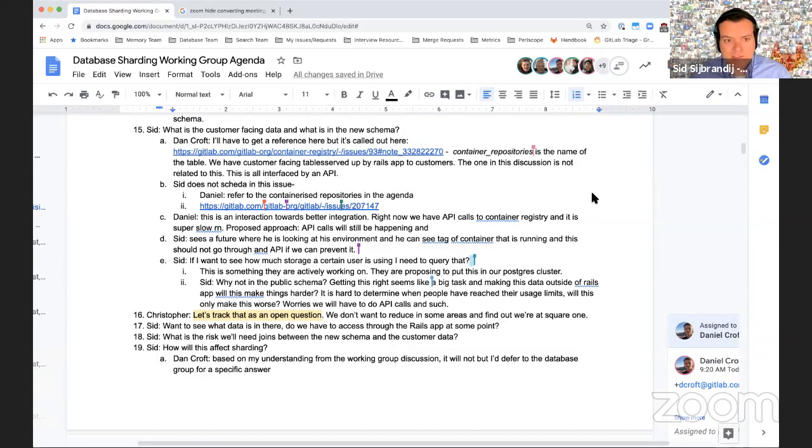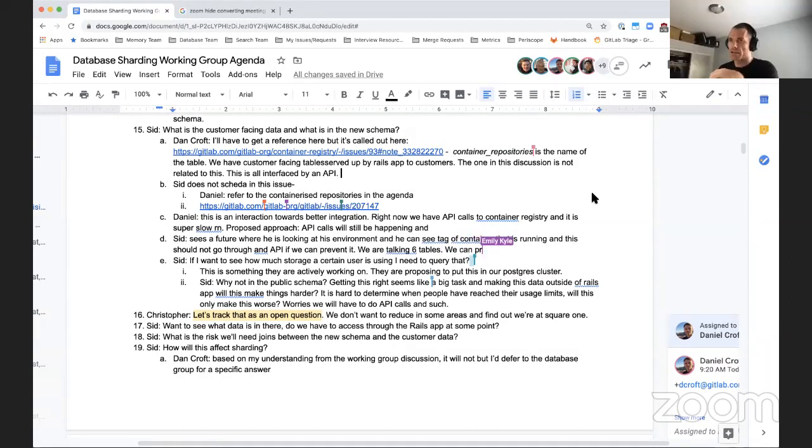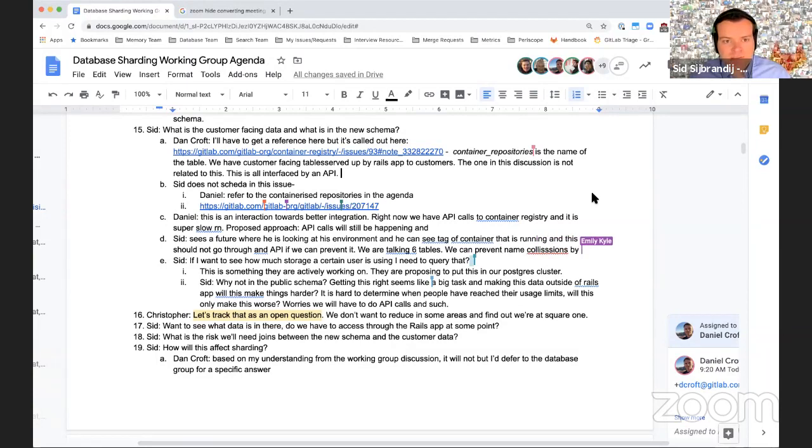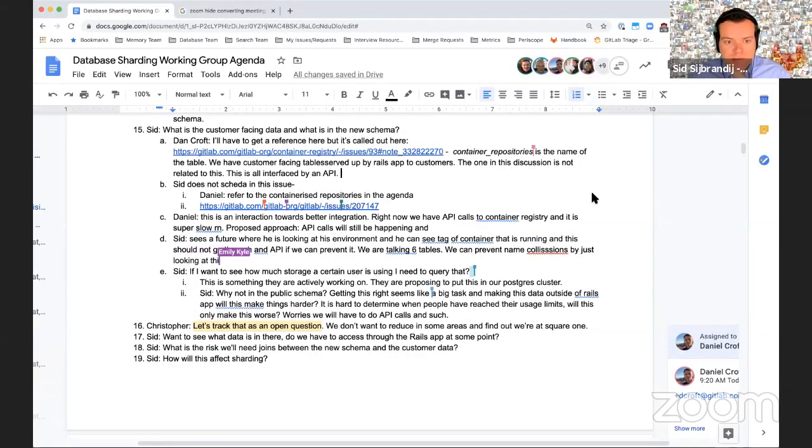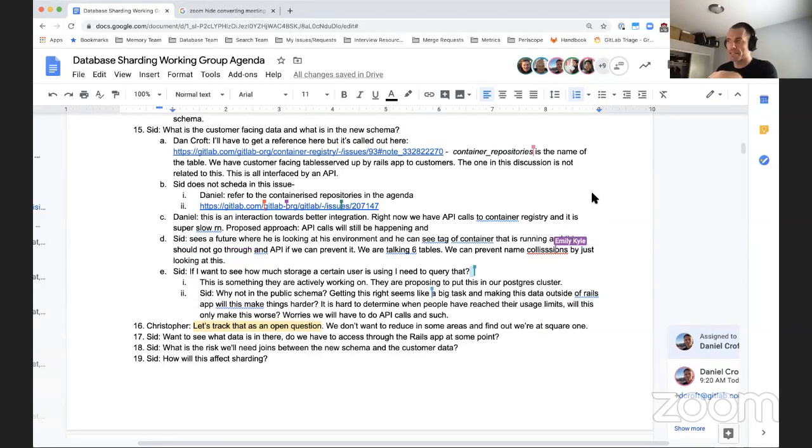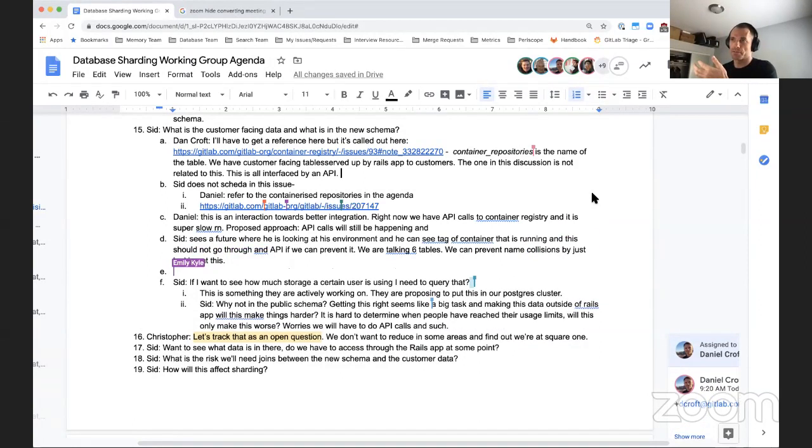I get the benefit of a name collision and stuff like that, but this is not a really hard problem. We can make sure that there are no name collisions by just looking at this. The repositories name is already taken, but it doesn't strike me as a super hard problem. Yeah, name collisions, I don't think it's certainly a benefit of separating schemas or separating the database,